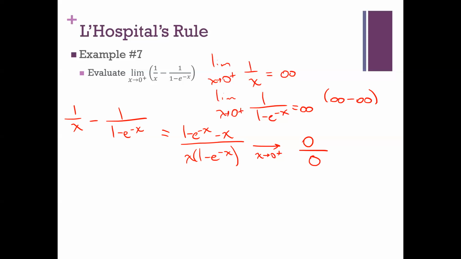So is L'Hopital's rule now available to me? Absolutely. Now I can look at this limit. The limit as x approaches 0 from the right of what new function? One minus e to the negative x minus x. Oh, so I guess I should be more clear. Yeah, so that's what I was getting at, but I should really be complete here. So this, by virtue of L'Hopital, is equal to,